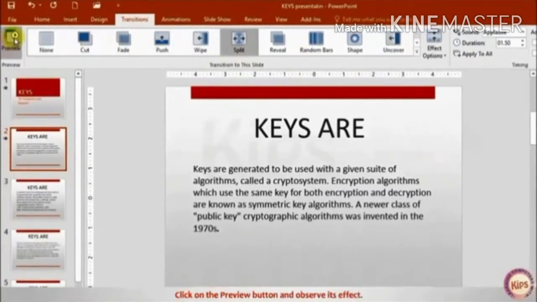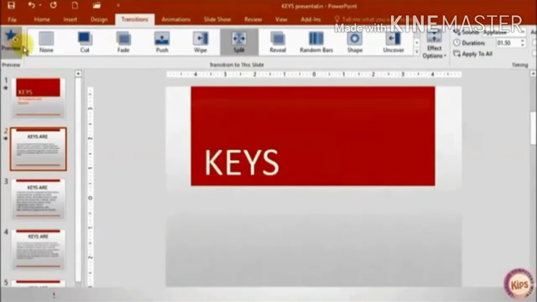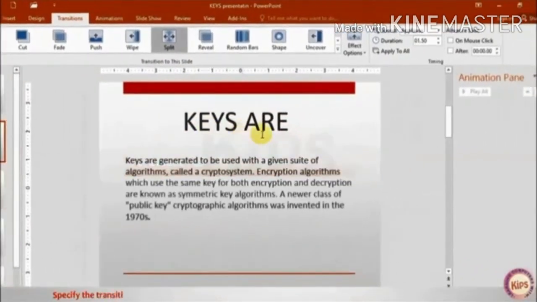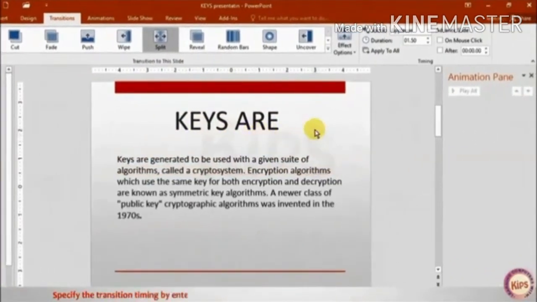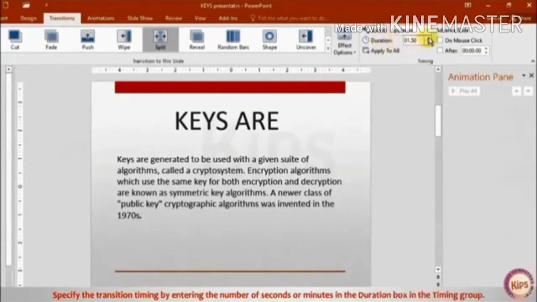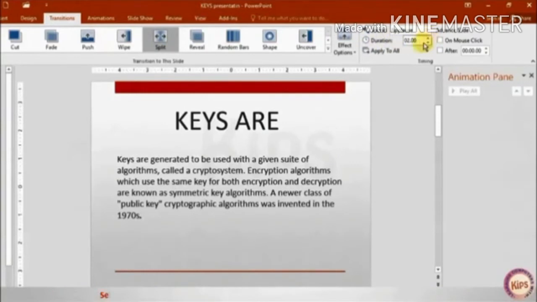In this way, you have to click on the preview button and observe its effect. Specify the transition timing by entering the number of seconds or minutes in the duration box in the timing group.